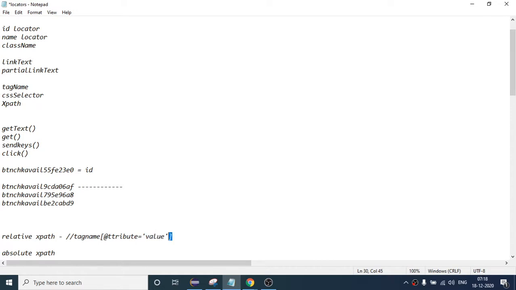So let me copy this. The relative XPath syntax is this, and it always starts with a double forward slash.